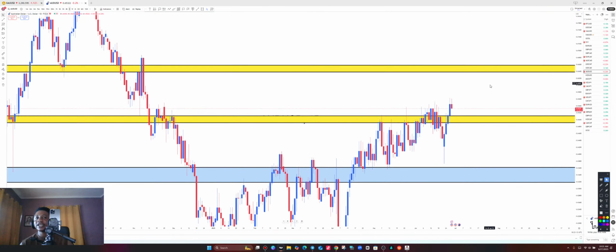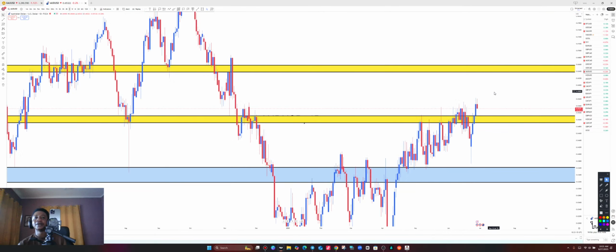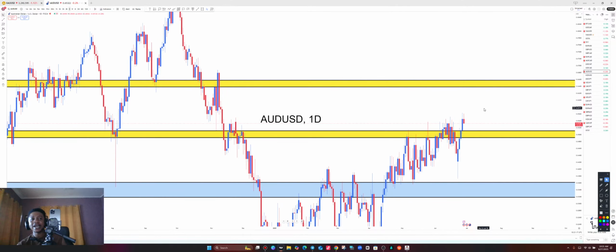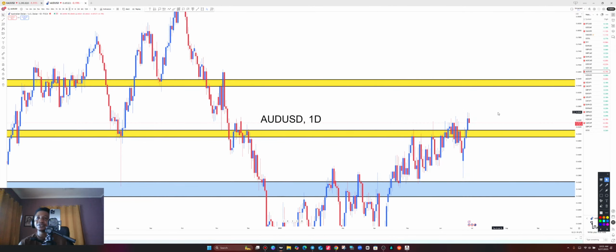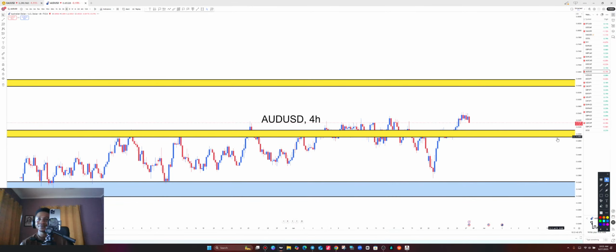All right, so this is the daily time frame of AUD USD. On the daily, we can see a clear break above the resistance level of the weekly, meaning that we can spot entry above to move to the next resistance level. So that's it for the daily. Let's take it again to the 4-hour time frame and then prepare for entry to the upside on AUD USD, taking it again to the 4H for more understanding.